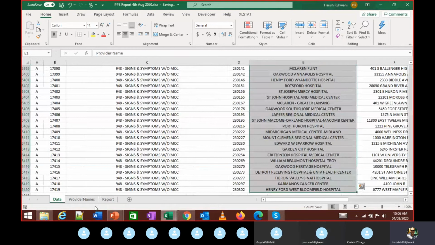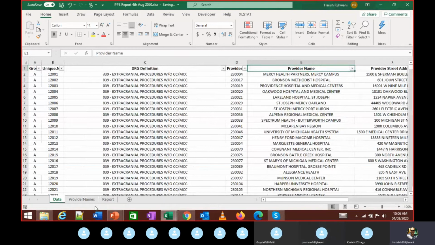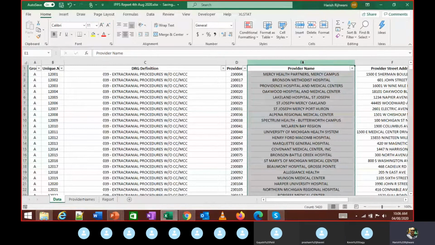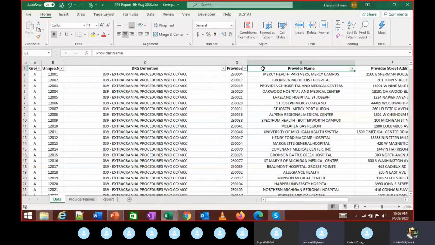And I'm going to copy just this column. To copy this column, either I select it this way. When I click on the column E, I can select the entire column, or I click on this E1 cell, where E is the name of the column and 1 is the row number. Then I press Control, Shift and down arrow.